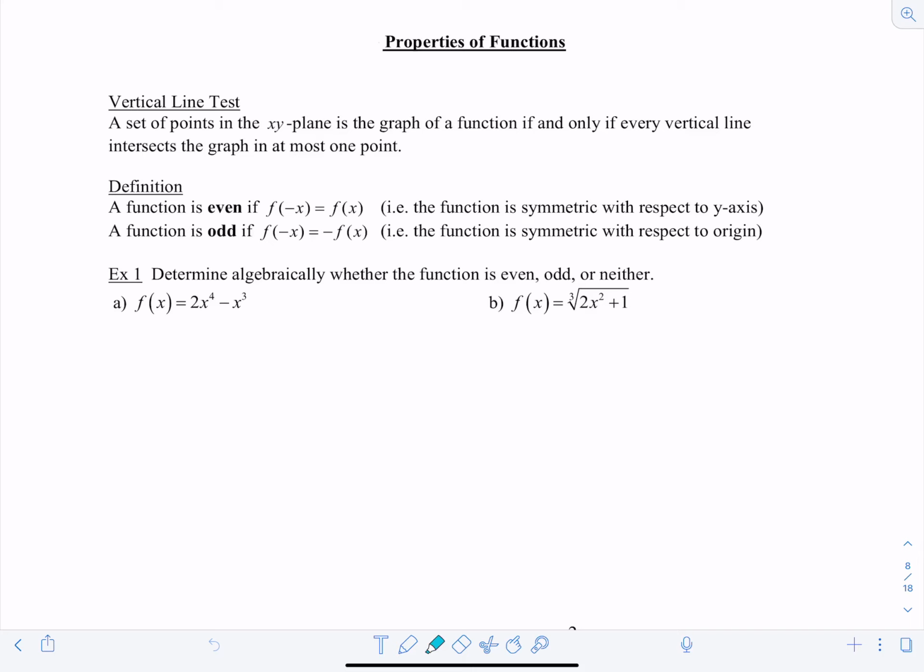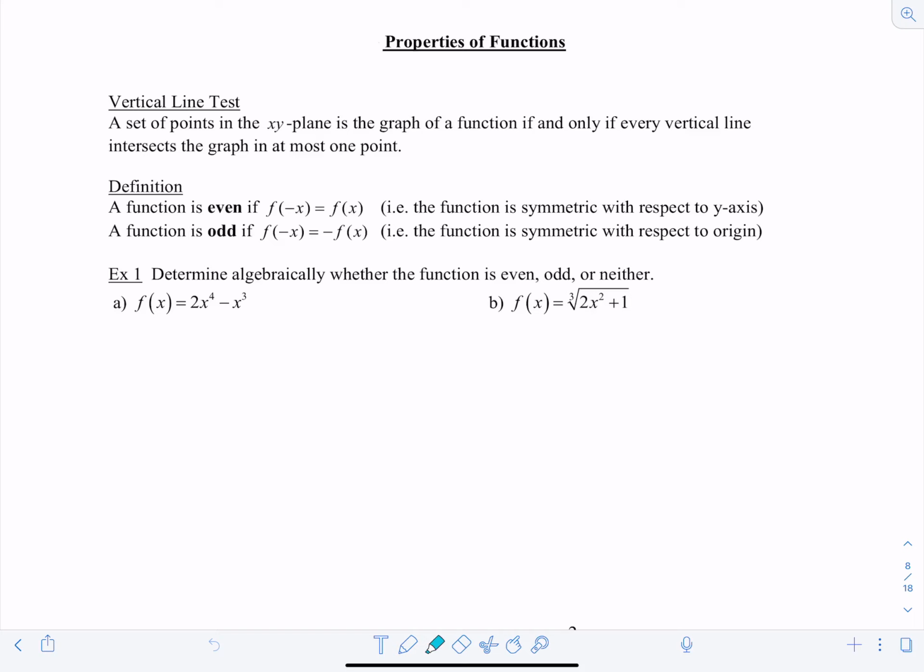Precalculus video lecture number 7 on properties of functions. So remember, right now we're focusing on studying functions, their graphs, their properties. And if you'll remember, we can use the vertical line test to determine whether or not a graph represents the equation of a function. So the vertical line test tells us that a set of points in the xy plane is the graph of a function if and only if every vertical line intersects the graph in at most one